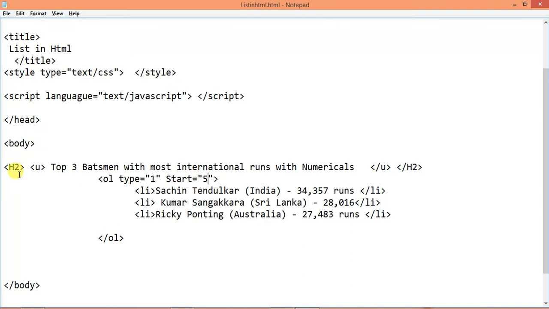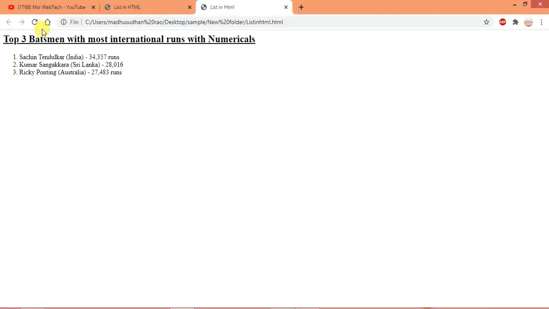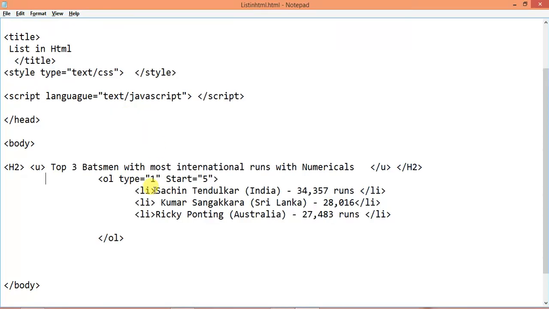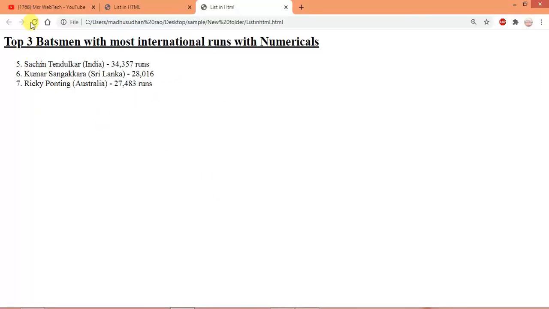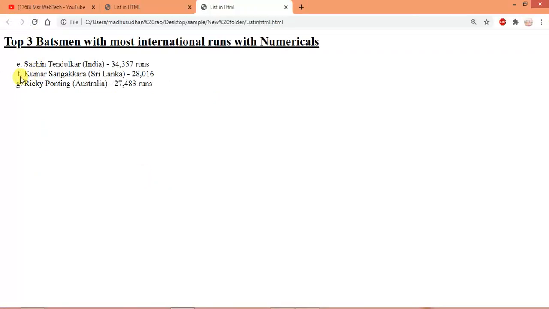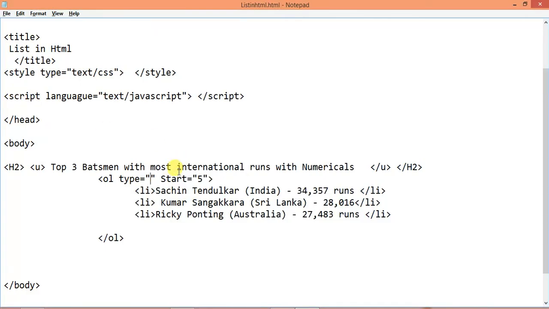If I give the start value as 5, just Control S and it is giving 5, 6, 7 in order. Next, for capital letters, with the start value 5, it will start from E, F, G. For small letters, it starts with e, f, g.